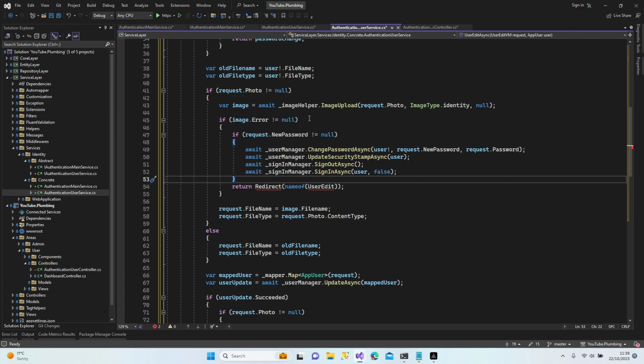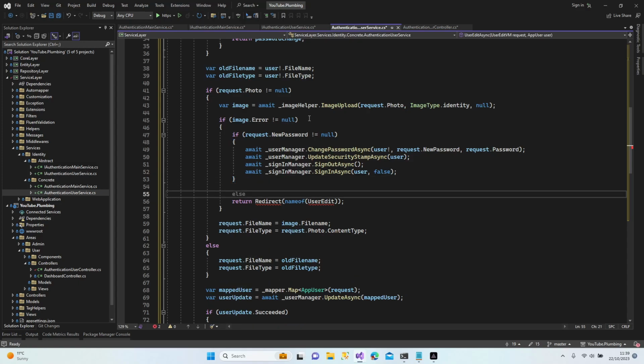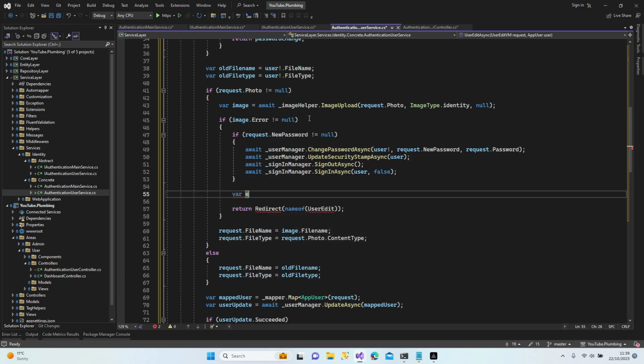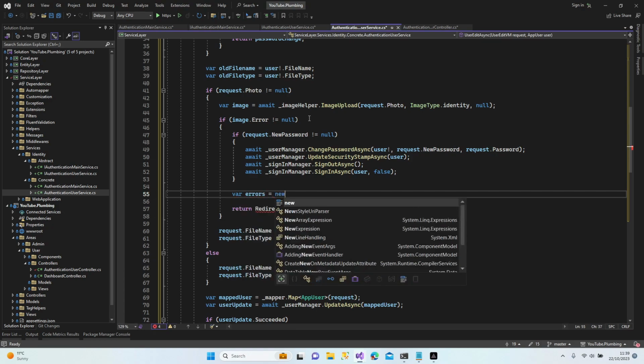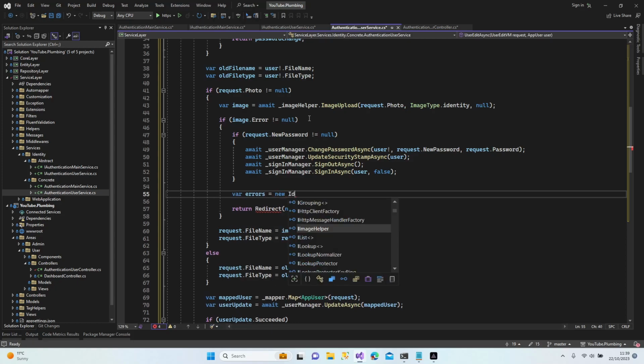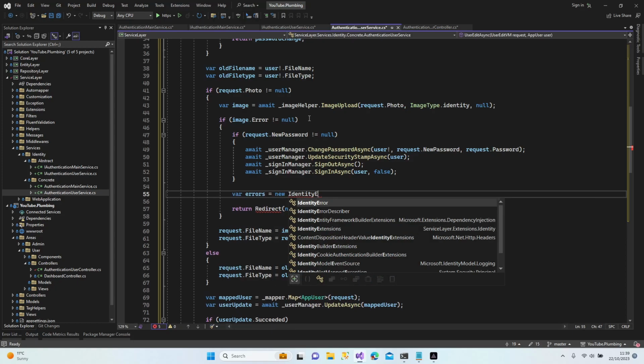A couple of lessons before, I was trying to make it, I didn't know that at the time, but I did my search and my digging on the net, and I found how to create our identity result, guys. For that one, we're going to create our identity error first. Let's create it. So we need an error, obviously. Var errors = new identity error,